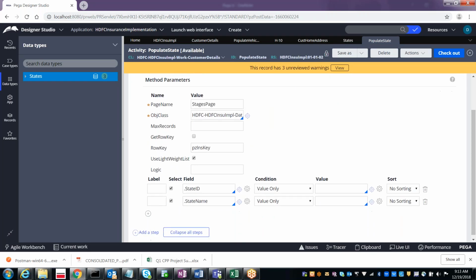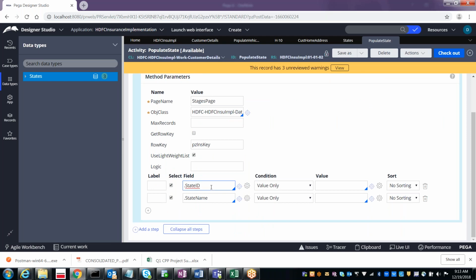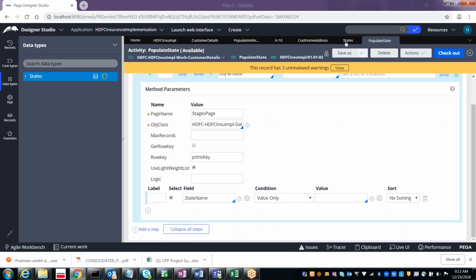Then we specify which properties we want. If you don't want state ID, remove it and then save it. Why am I not able to save it?